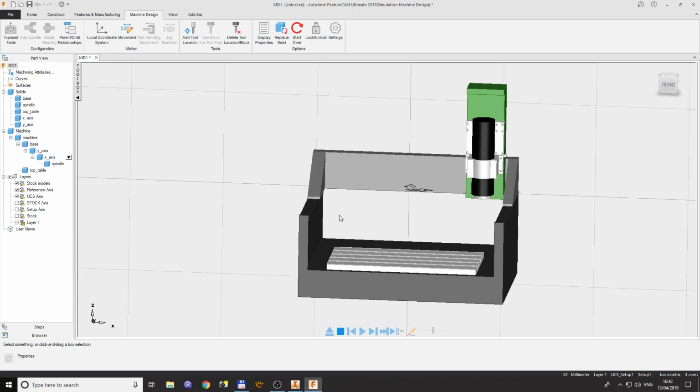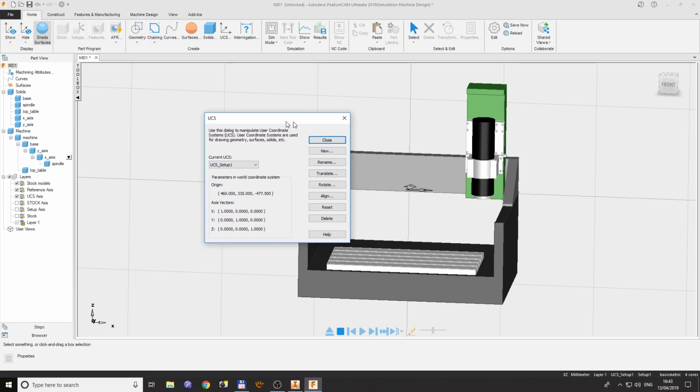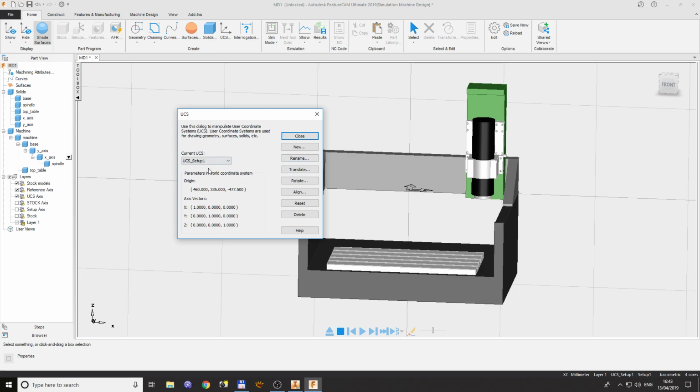So before we tell where to put that solid, that stock, you have to add a coordinate system to attach it to. So this is what we are going to do, and you don't do it there. You have to go to home, user coordinate system, and just ignore this setting. You have to create new, and